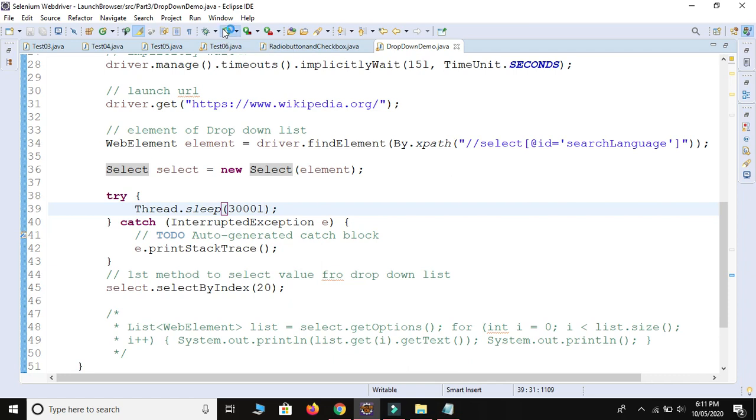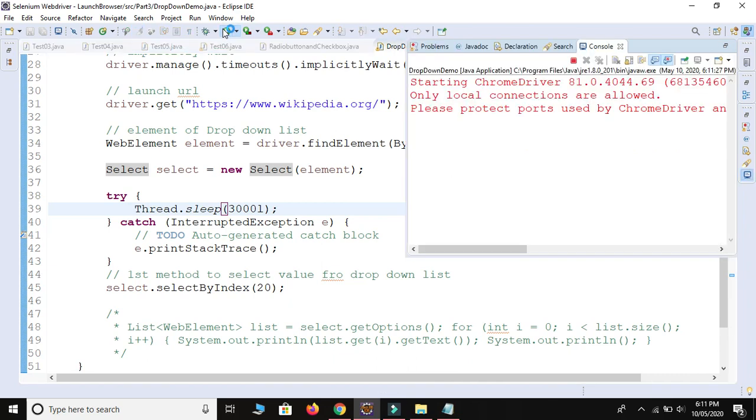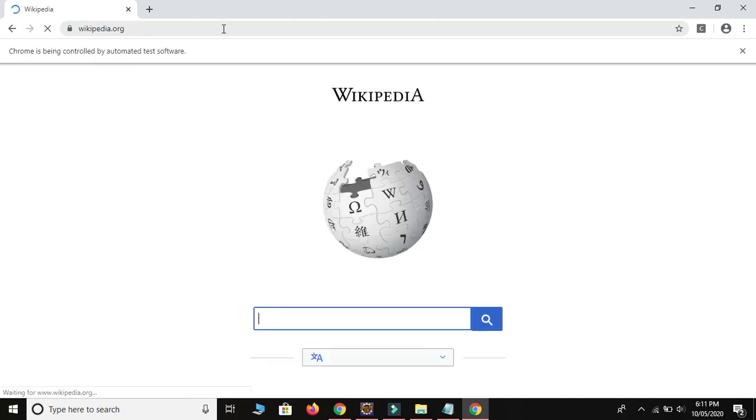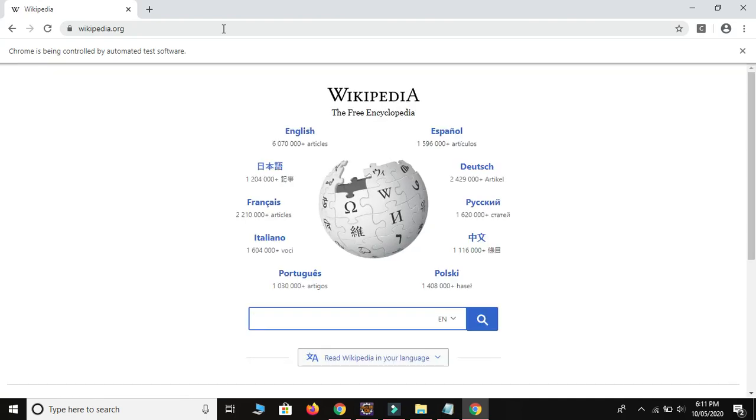So please focus on the drop down list. It will wait for 3 seconds, but you need to focus. Okay, it will launch the Chrome. Now the current value is EN and it will change with the HI.